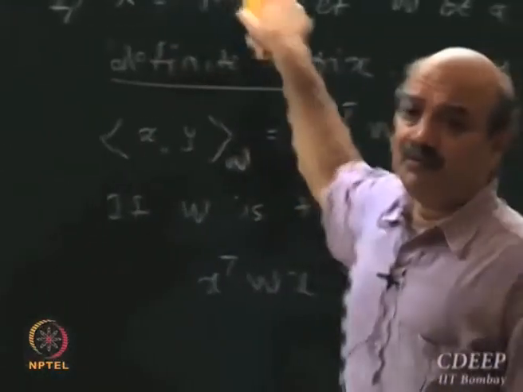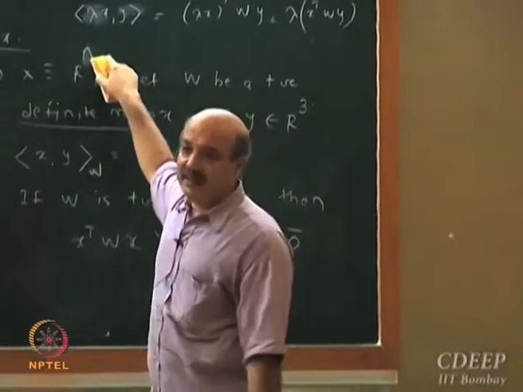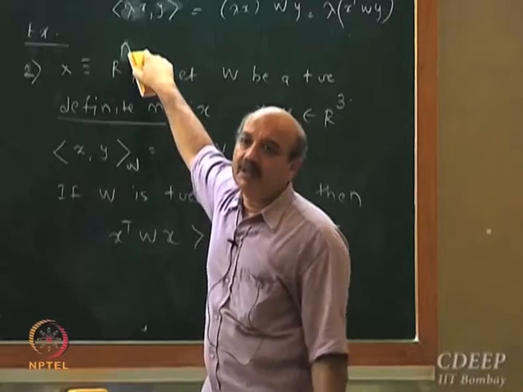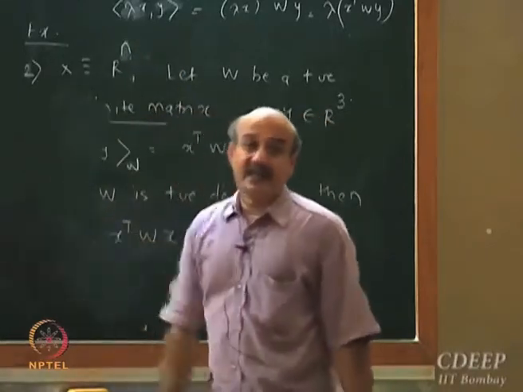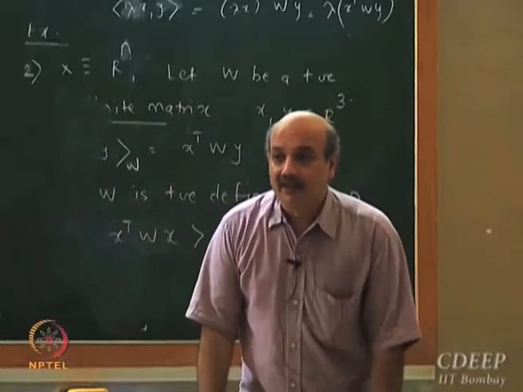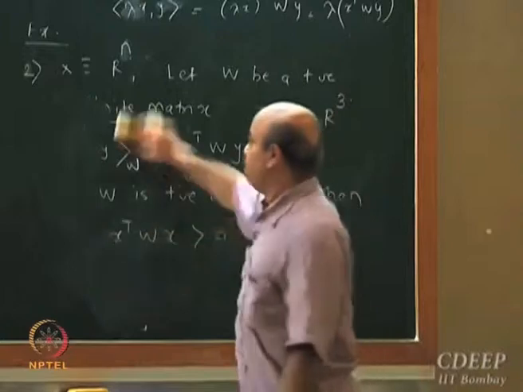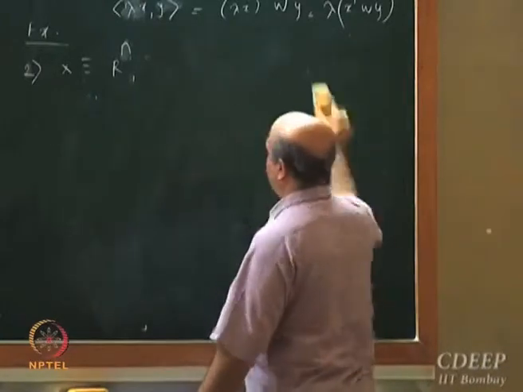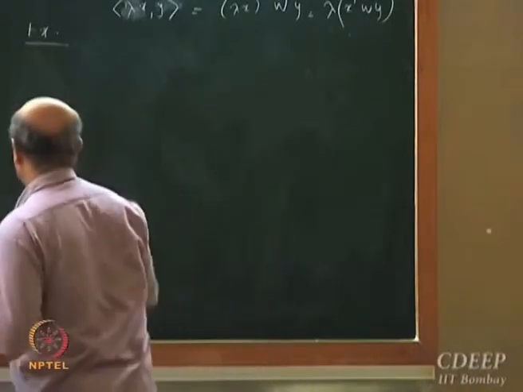So my second example would be Rn, or I can easily move to Cn, a complex valued n tuple, and so on, where the matrix there should be Hermitian, not symmetric positive, it should be Hermitian. Okay, but moving on from finite dimensional spaces, let me give you a third example.